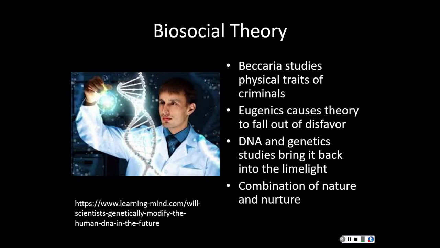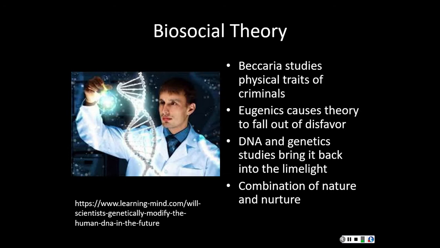Kevin Beaver is a gentleman that has brought this theory to light, and he has taken a look at DNA and genetics and found that while we might have certain physical traits, there are certain genetic traits that criminals have, that if they are not put into a nurturing environment, can cause violent activities. One of his biggest is something that he calls the gang gene, which is a certain DNA combination.